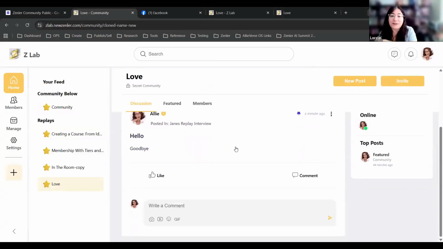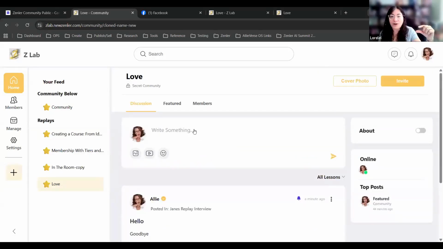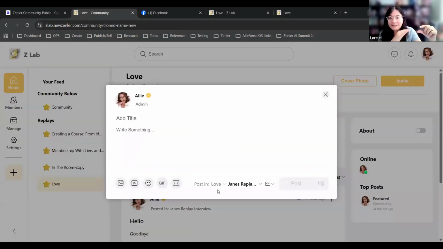When I looked at community, I only saw replays. I didn't see each lesson under where it says your feed, community below. It just says replay.